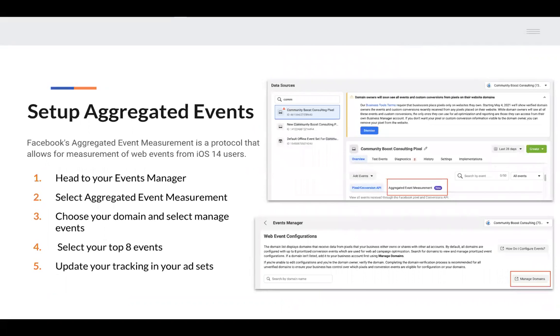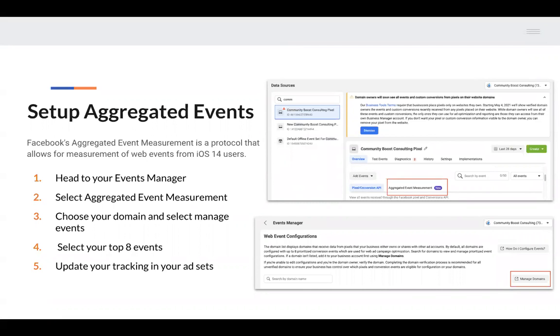So next, we will talk about aggregated events, right? So you want to make a plan for which 8 events you want to track within Facebook. You're going to think about things like, is it important to me and my org to track the full funnel for, say, my donations? Or is it also important for my organization to not only know about donations, but to know about volunteers? The plan that you make in this section is going to inform how you divvy up those 8 allotted events. So once you have your plan, once you've thought through every step and everything that you feel is important for your org to track